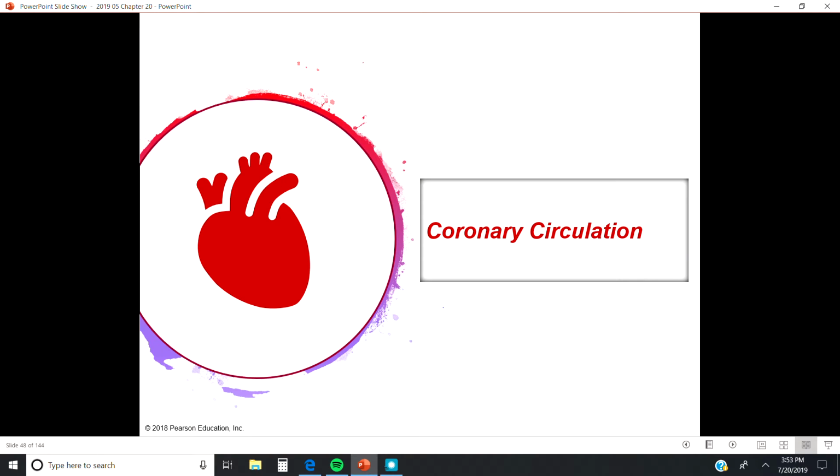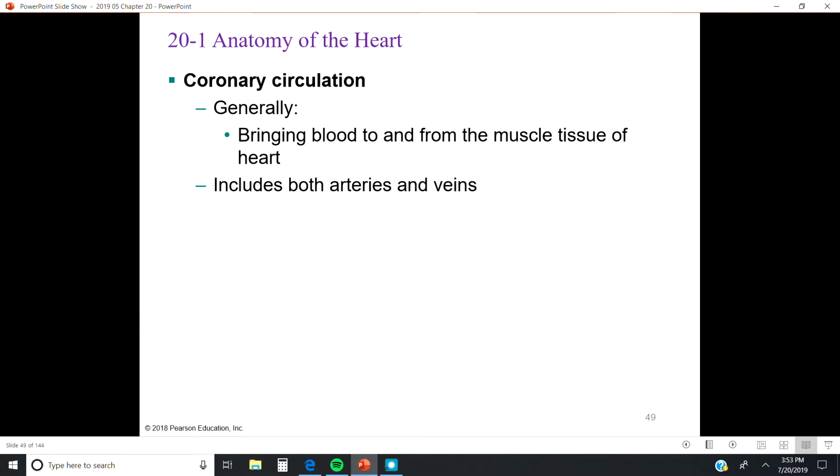In this lesson, we'll take a look at the coronary circulation. We can think of the coronary circulation as the blood vessels that are going to and from the heart tissue itself. We're going to see that the coronary arteries bring blood, which contains oxygen and nutrients, to the heart muscle, and the coronary veins remove deoxygenated blood and waste products from